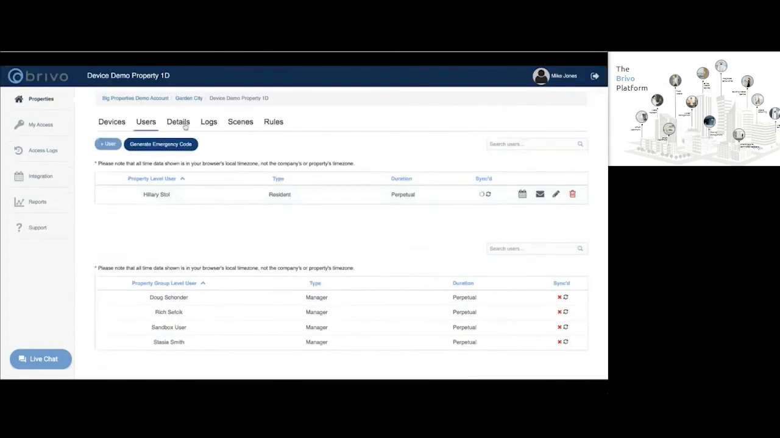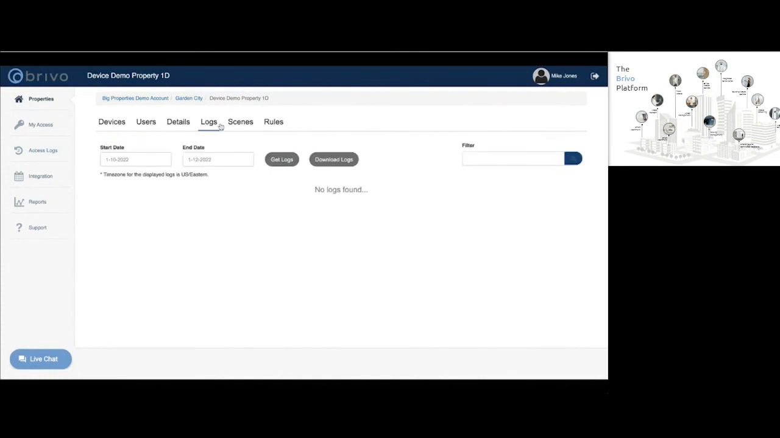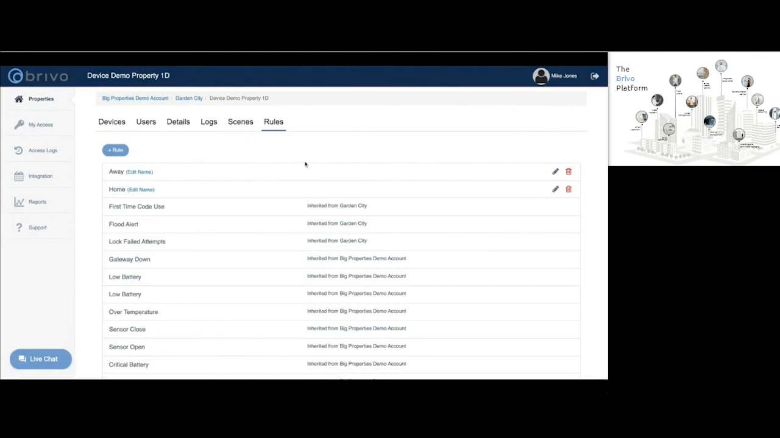I can see details about the unit, notice any logs for changes that have been made, and then, of course, set up scenes, which are essentially scenarios. If I'd like to have the thermostat and the lights to a certain setting, for home or away, I'd be able to customize that setting here. I'd also be able to set up rules. So very useful features implemented into the multi-family platform, and it'll allow us to control our individual units, but still